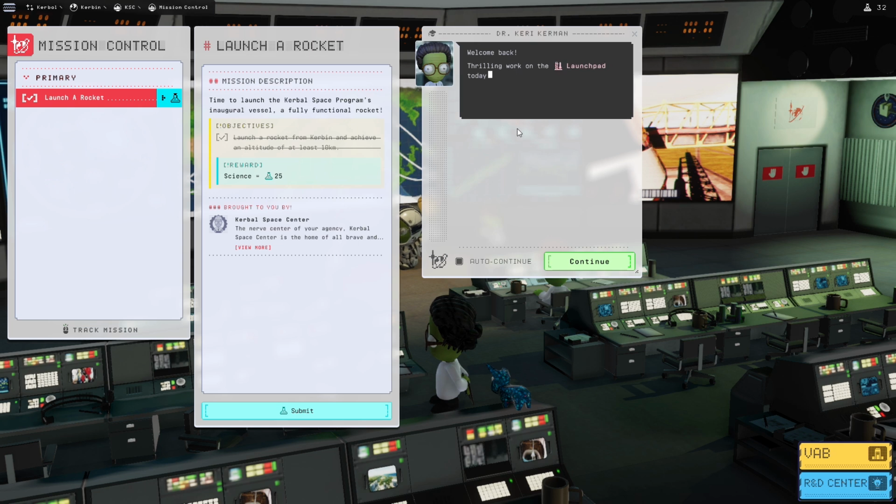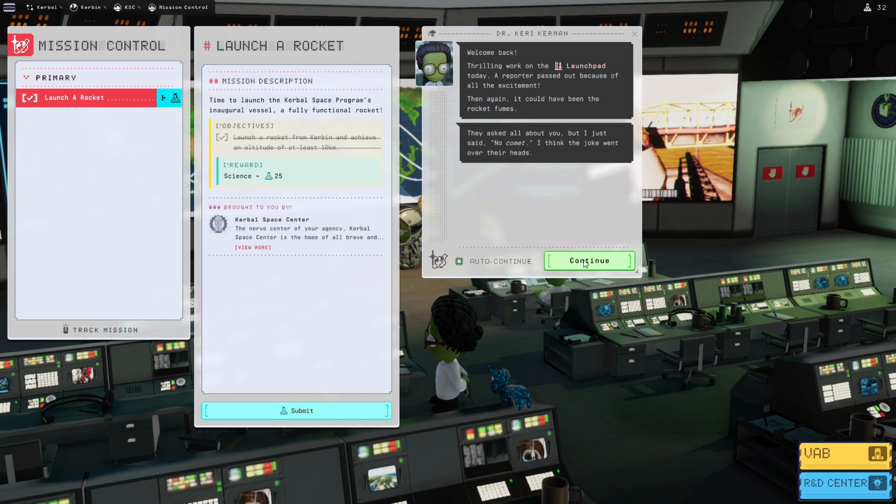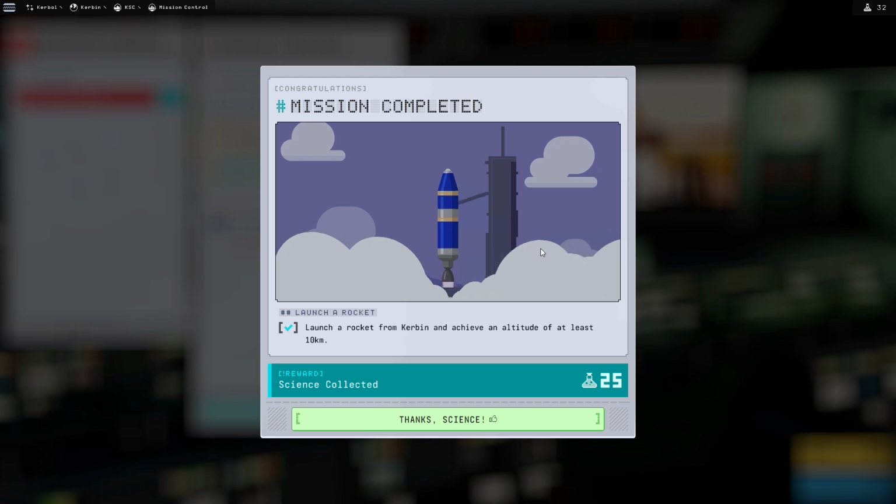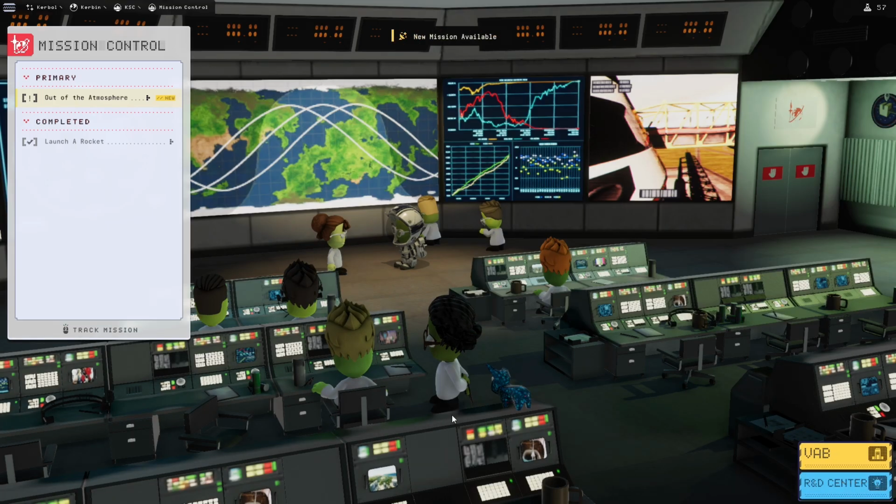Then you get this little bit of dialogue which will give you all of the quirky information. It doesn't really tell you much. You can hit the auto continue button, which will automatically continue the dialogue, or as I say, you can just hit the continue / over and out buttons. And there we have it, our first mission is complete. So now we have 57